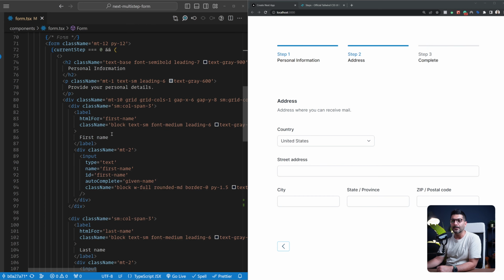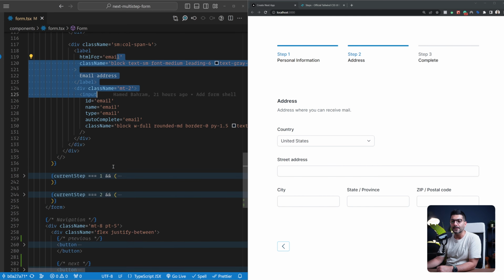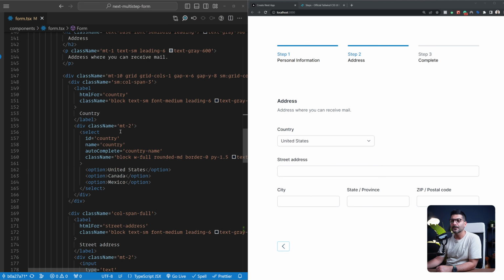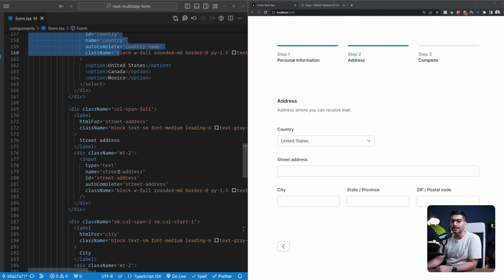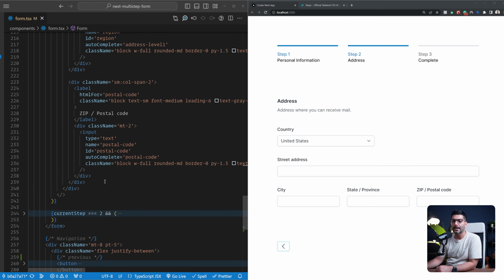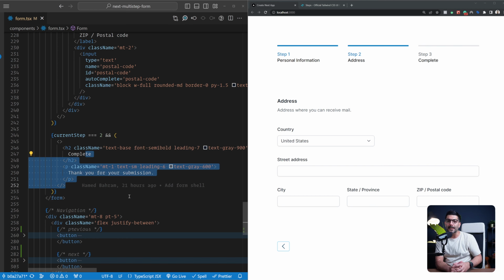So I have this input for the first name here, and then the last name, and then the email. This is our first section. Our next step actually is the address information, where we have the country, the state, the city, the region, zip code, and whatnot. And then the last step is the actual completion, where you've submitted your form, doing any asynchronous tasks that you were supposed to do, talking to your API, to your database and whatnot. And then once that succeeds, you bring them back into this third step, or the last step, which is the